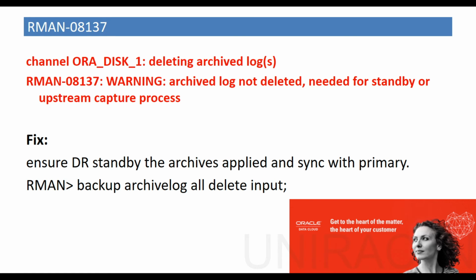What could be the reason it is wanted? We have to ensure that the standby server is up and running. Is the destination parameter for your standby set to enable or default, so that the archives are able to ship and the archives are received by the standby, and the standby is in recovery mode, whether our MRP process is applying the arc logs. Find out from v$managed_standby as well.